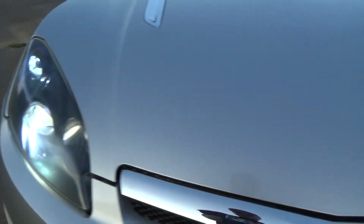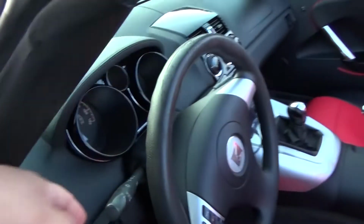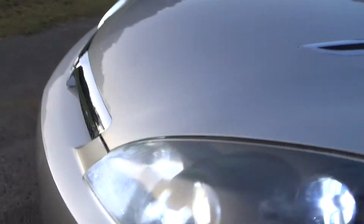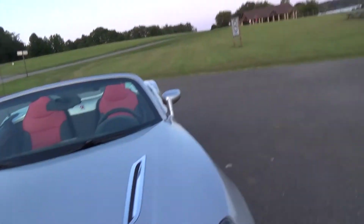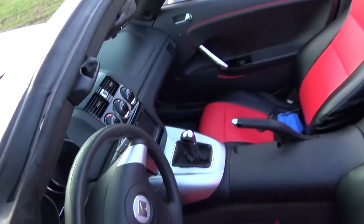Working really good for me there. And the high beams are the same way. Both of them are there and on here. They're still just as bright as they were whenever I first installed them, which is good. And the only thing that happened